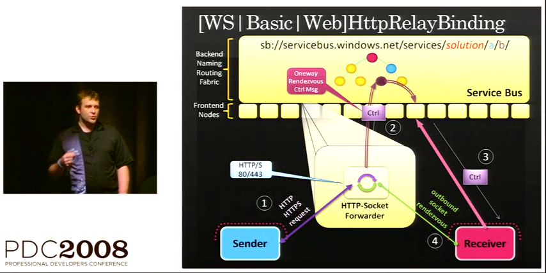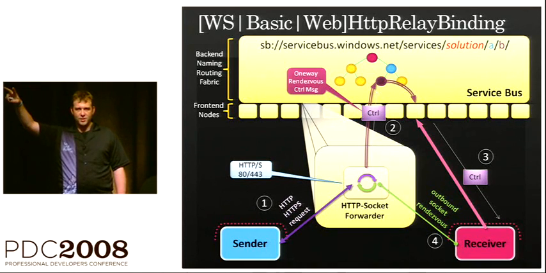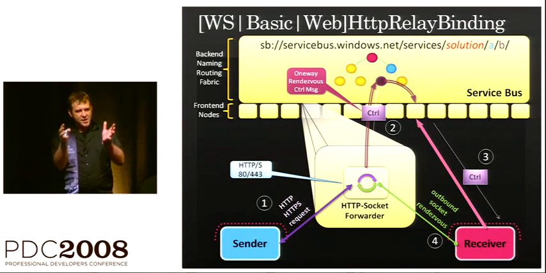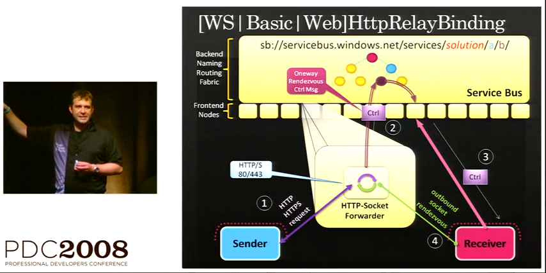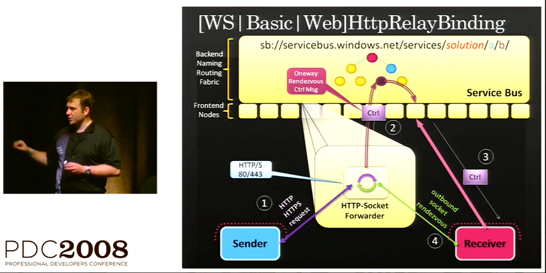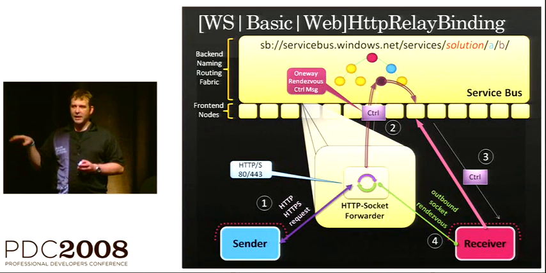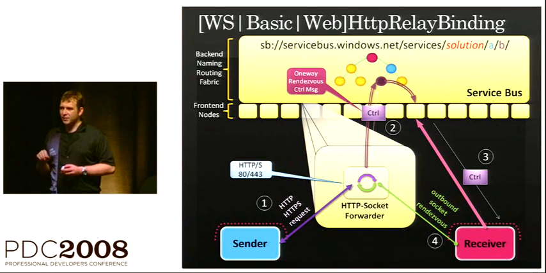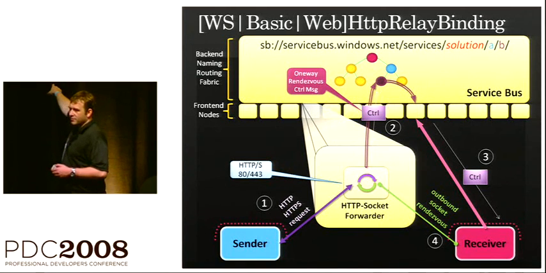One of the things that we're going to do, you remember where I said the solution in the namespace goes first in the future milestone, where it goes into the domain name. This is what we're going to do to constrain the size of each individual pod that's going to host requests, because that actually has implications on the scalability and the load we're putting on your services. That's why we're saying the NetTCP binding is something that you should use in doubt, and then use the HTTP binding if you need the interoperability, because we have a lot of machines over there.